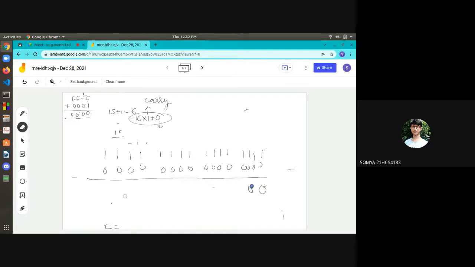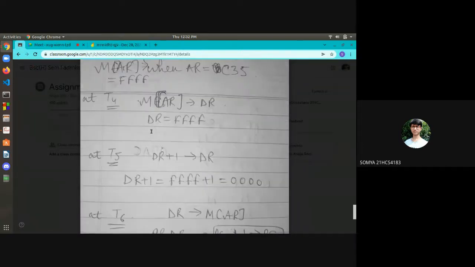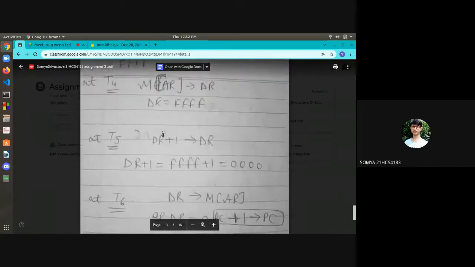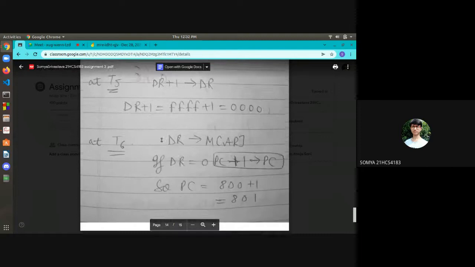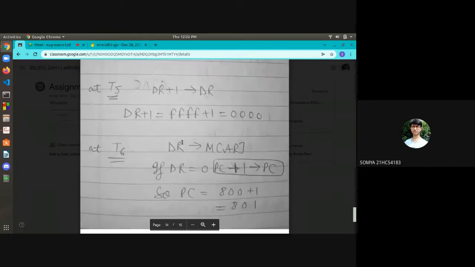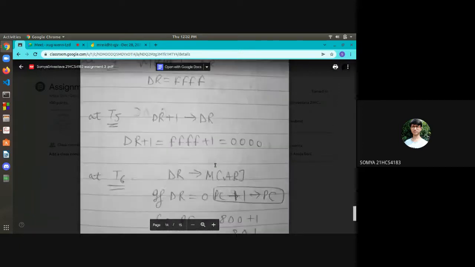So all this will become 0, 0, 0 and 0. So we will get the answer as 0 4 times. So the value of DR is now 0, 0, 0, 0. And at T6, which is the final one, the value of DR is transferred to MAR. So the value of MAR is now 0, 0, 0, 0.